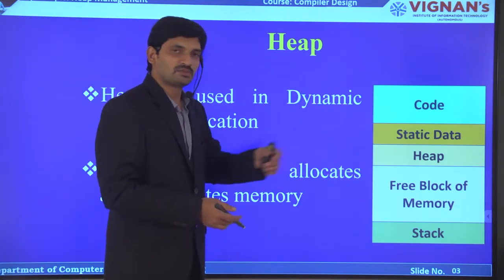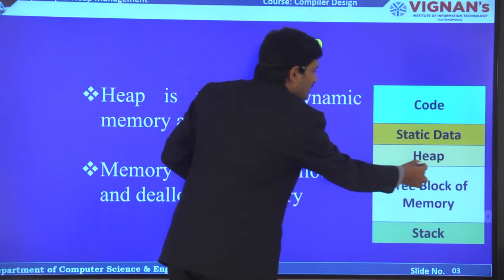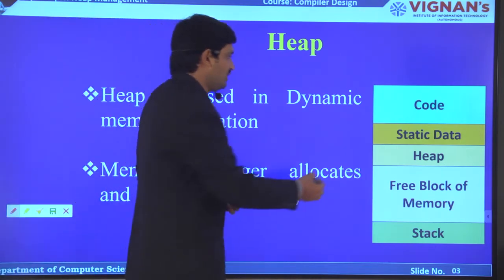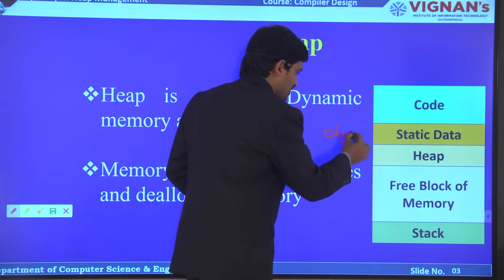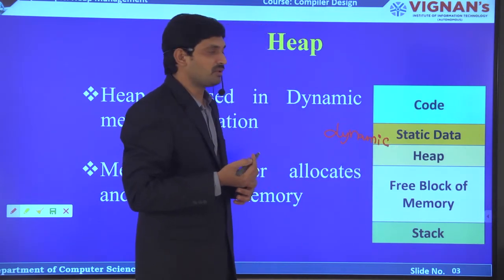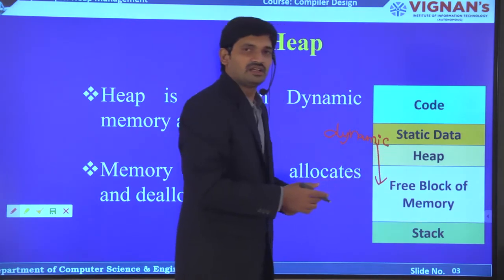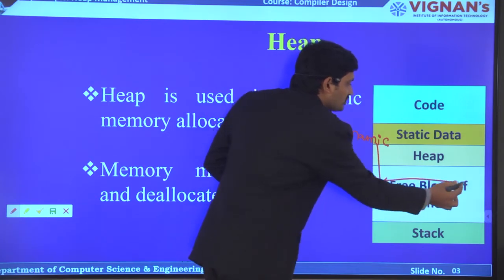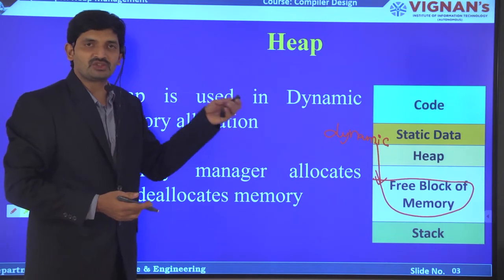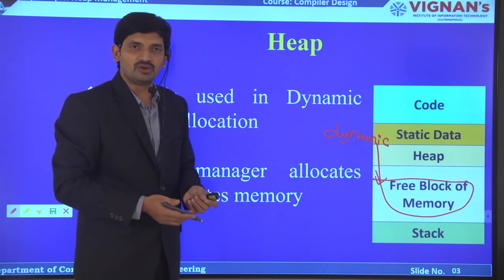Come to the logical address space of data. This represents the heap. That means if our program consists of n number of dynamic memory allocations, that means in the execution time, if you allocate memory dynamically, this heap is increasing. It occupies the free blocks of memory. There are n number of problems associated with static allocation, so we are going for dynamic allocation.